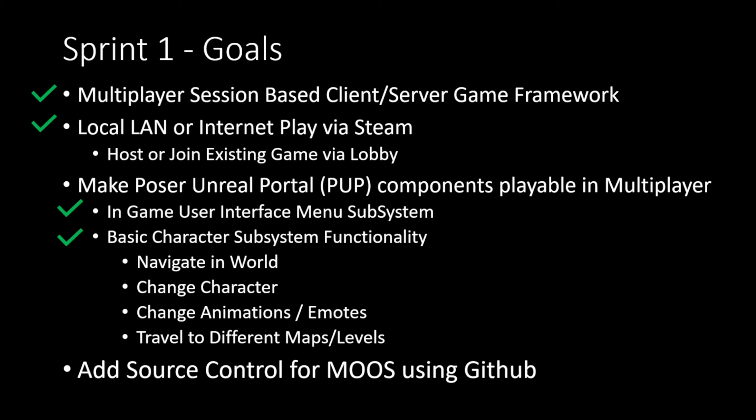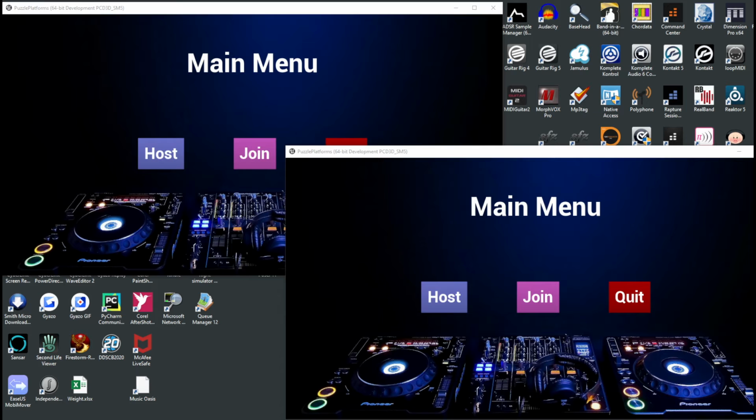So Ari, for example, could download what I made changes to and start playing with it. Eventually we'll do that for all of us, so if you change a level, you'll do the same thing. But that was done. So that's basically Sprint 1. I thought it was fairly successful.